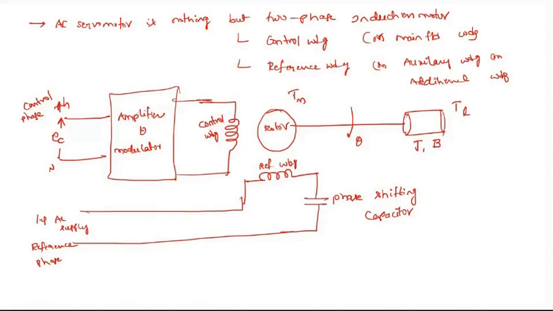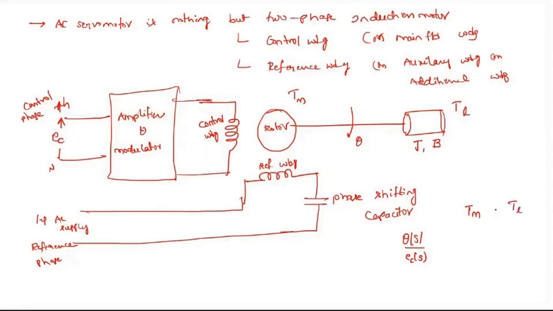Now, how to find the transfer function: we know that the input signal is the electrical signal, that is Ec, and the output is theta. Therefore, we need to find the transfer function theta of s by Ec of s, where theta of s is the output of the system and Ec of s is the input of the system. In order to find this, we need to find the torque developed by the motor, that is Tm, and the torque developed by the load, that is TL.